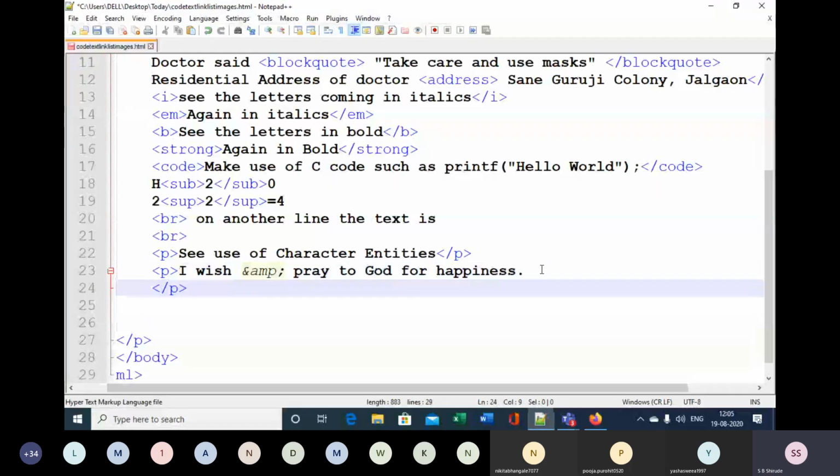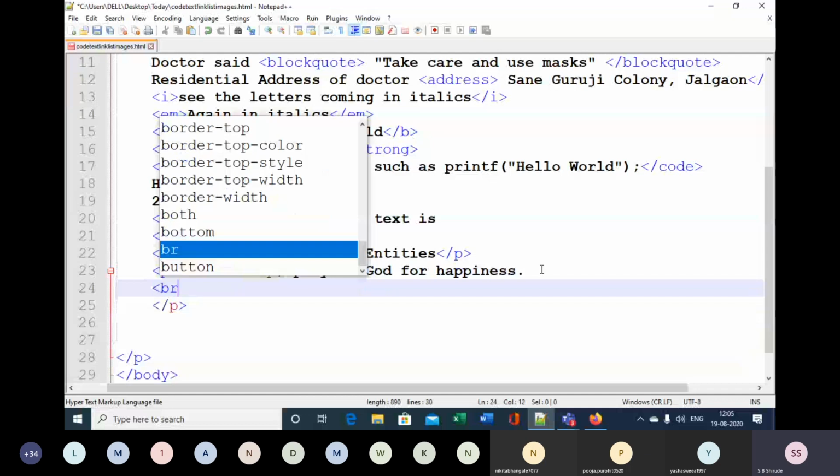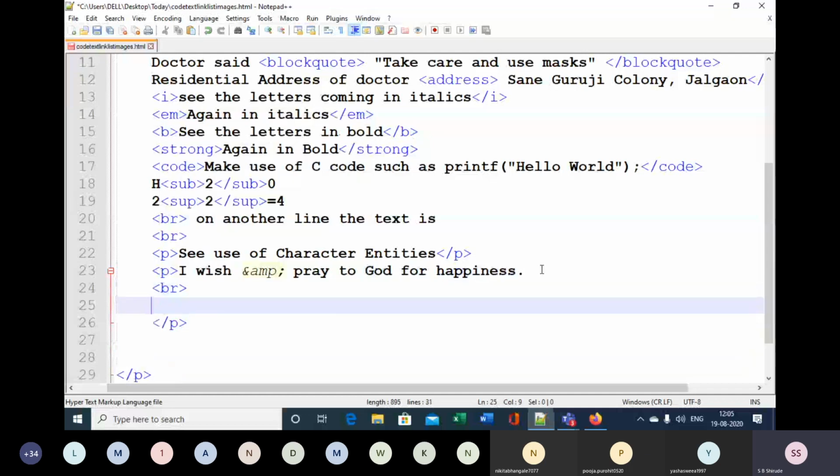So BR, break row, and make use of another entity. I will put the less than and greater than symbols here. So 4 is less than 3, using ampersand LT, and greater than means ampersand GT, and greater than 9.